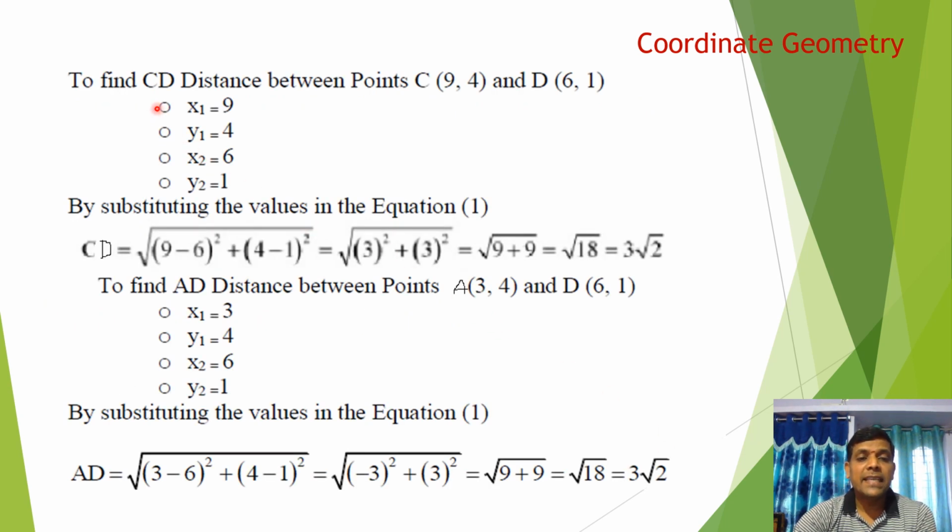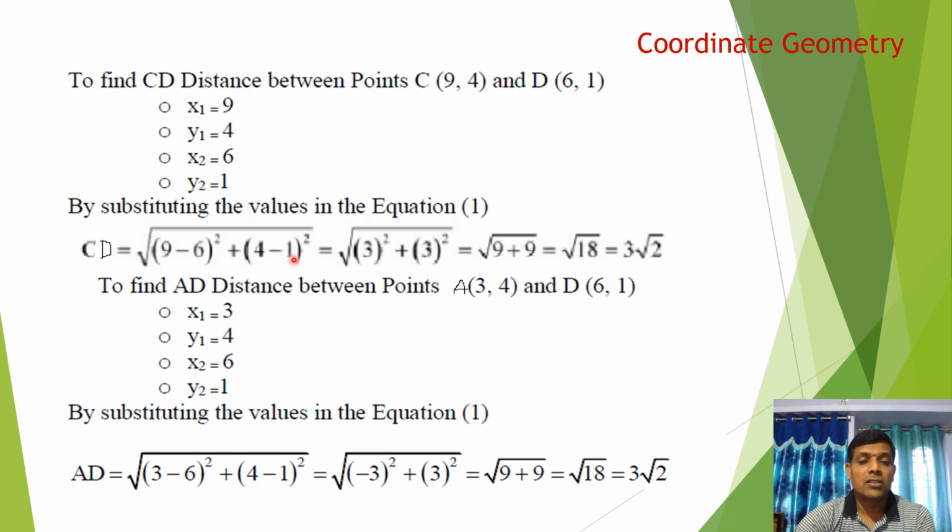Distance between C and D. What are the points of C and D? C (9, 4) and D (6, 1). So write down the coordinates. x1 equals 9, y1 equals 4, x2 equals 6, y2 equals 1. So replace the coordinates in the given distance formula. Now CD is equal to the square root of (x1 minus x2) whole squared, which means (9 minus 6) whole squared, plus (y1 minus y2), which means (4 minus